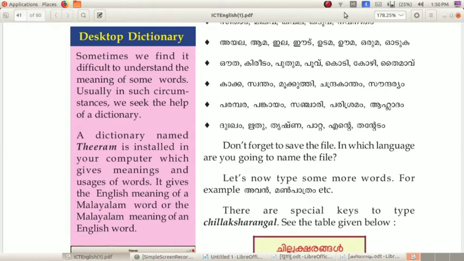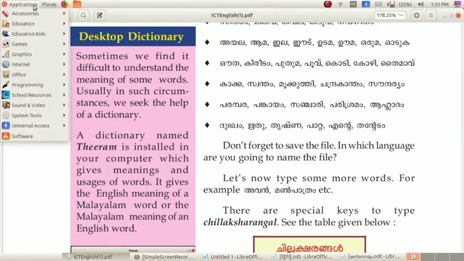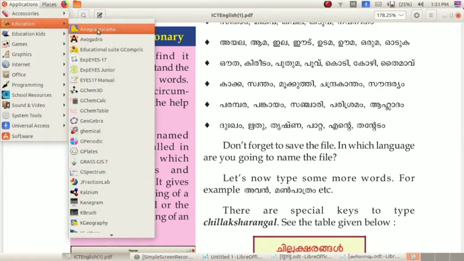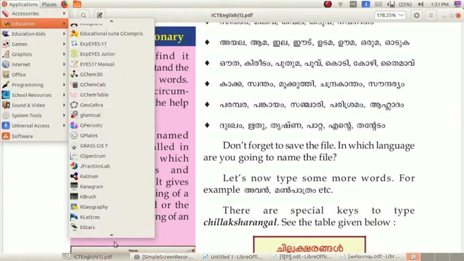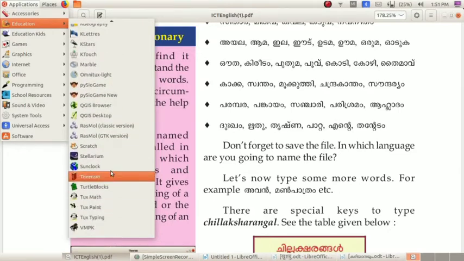Children, here you can see the desktop dictionary. Sometimes if you want to know the meanings of any words in English or in Malayalam, you can make use of an application whose name is Theeram. That is installed in our computer. Go for applications, education, then search Theeram.